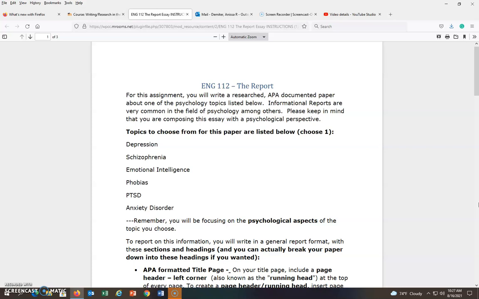There's tons out there. You could write a report that is general, that just discusses depression in general, or you could focus your report on a specific type of depression. Same thing with phobias. You could talk about in general what phobias are, causes, effects, treatments, who it affects, and so forth, or you could focus on a specific phobia. It's going to be left up to you how you want to generalize that, or if you want to be more specific. So that'll be completely up to you on how you do that.